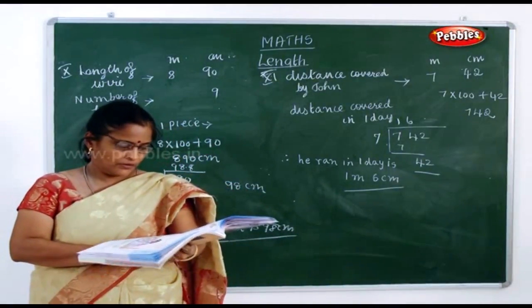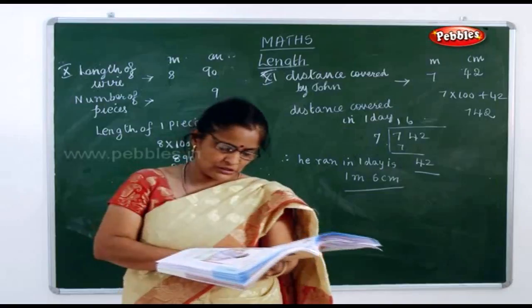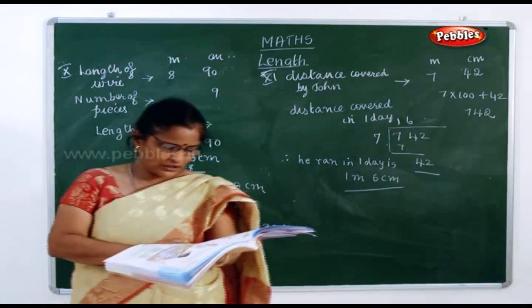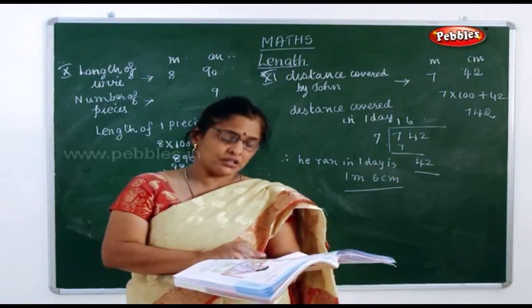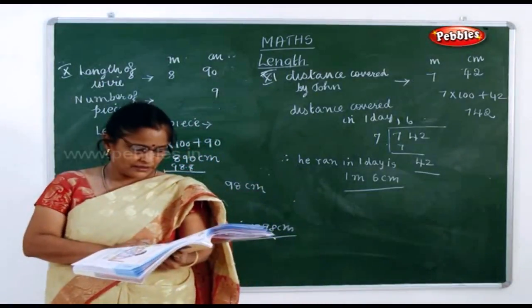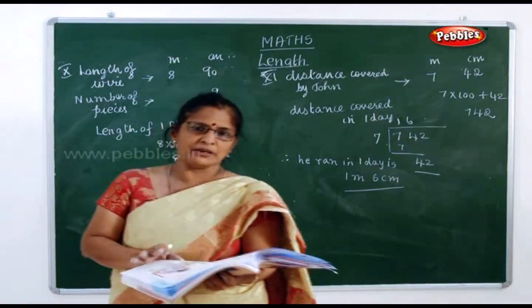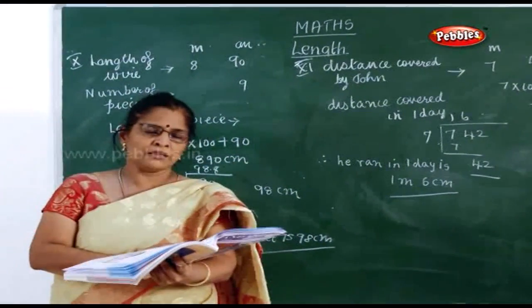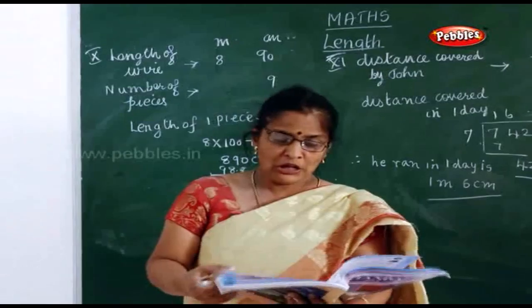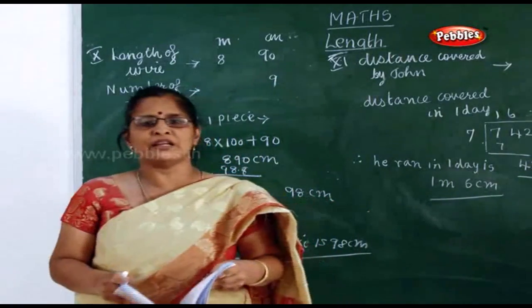And the last one, I think you children will have a shirt or a skirt or whatever it is. Now you have to write the measurement needed to stitch a shirt for you, your father and your brother separately in your notebook. So if you find out all these things, you'll find your length, meter, centimeter and all. So I think you have understood the length lesson, my children.